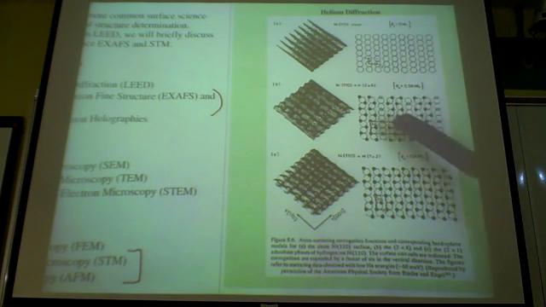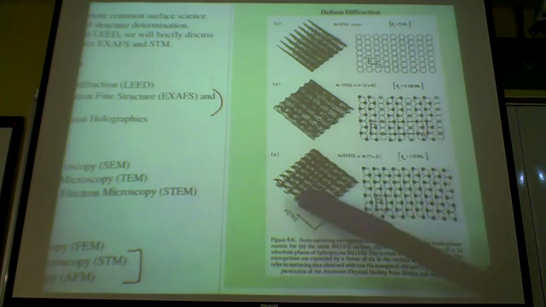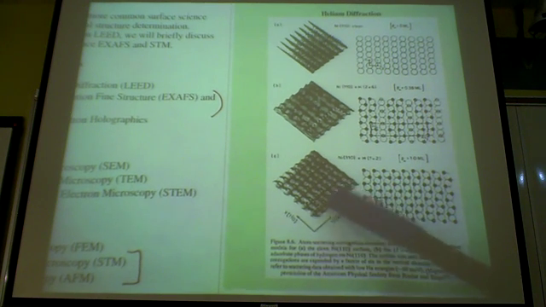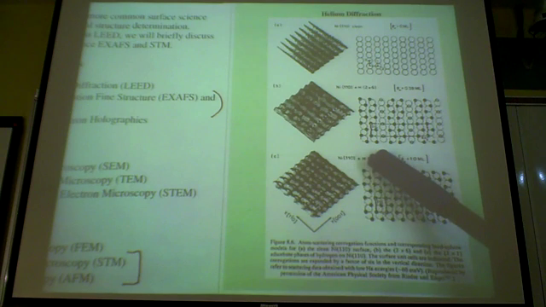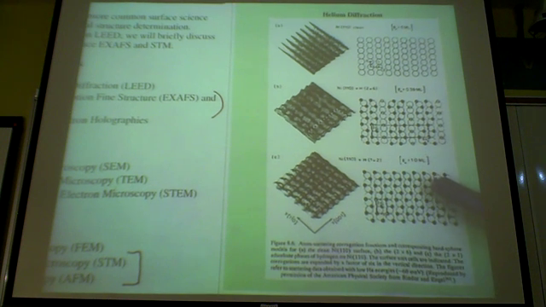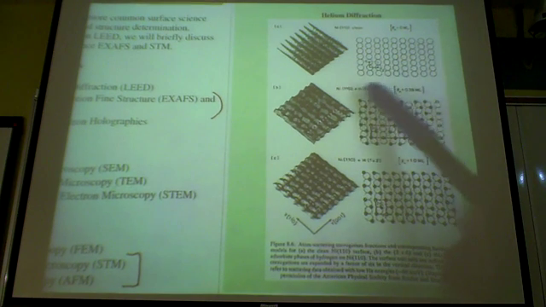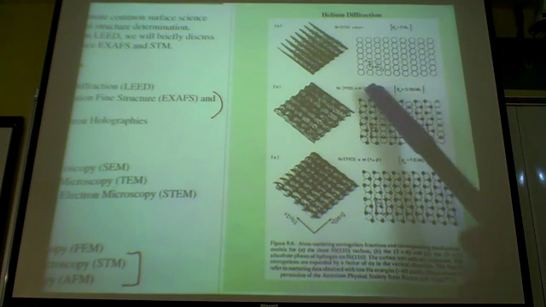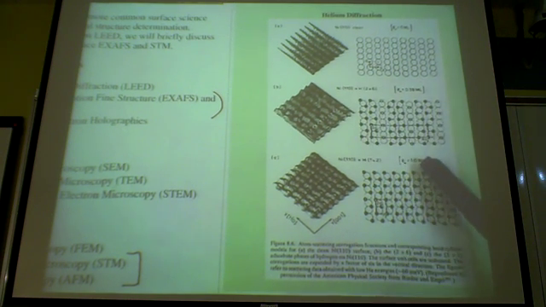If you increase the coverage, the helium diffraction pattern also changes to a hydrogen one-half structure, which looks like this, and so the real space pattern is like this. All you have to do is increase the hydrogen exposure. This is beta, the hydrogen exposure. At low exposure, you get 2/6. At high exposure, you get